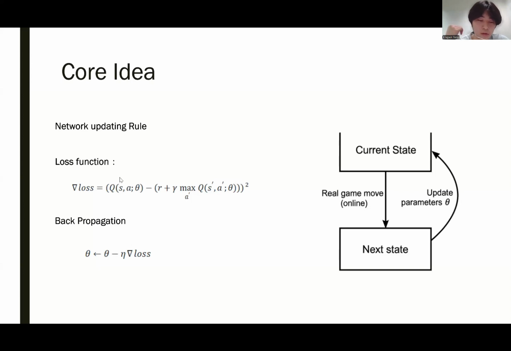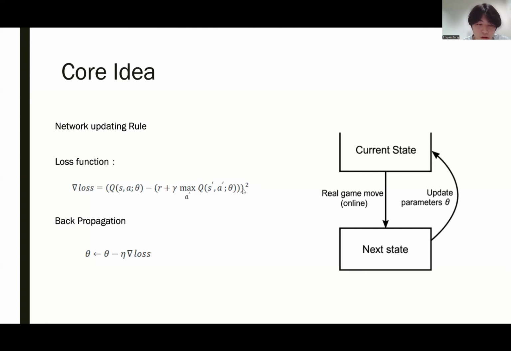Instead of updating a Q table, like in traditional Q-learning, we update the neural network's parameters so that it predicts better to match the target Q values. Here, Q sub theta represents the predicted Q value for a given state action pair using the current network. The loss is computed as the difference between its predicted Q value and the target Q value, which is also known as the temporal difference error. This loss is then minimized using backpropagation, allowing the network to gradually adjust its parameters and improve future predictions.